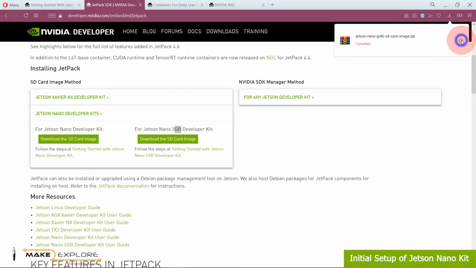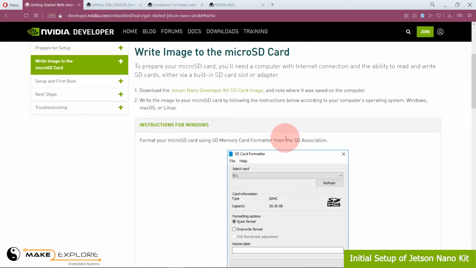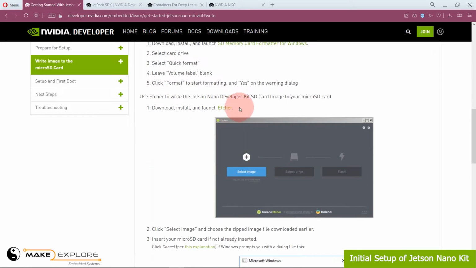Then next, format the micro SD card using SD memory card formatter from the SD Association. After that, use your software to write the Jetson Nano Developer Kit SD card image to your micro SD card. Once you flash the OS image into the SD card and insert it into the card slot,